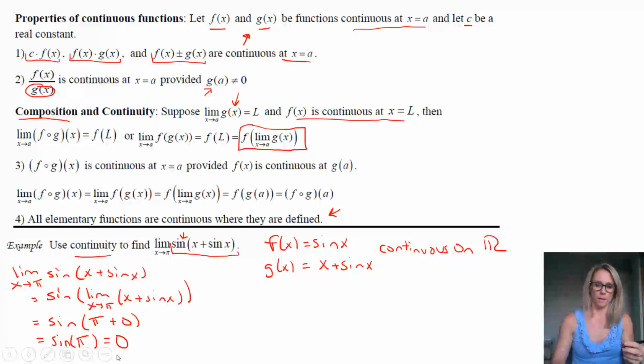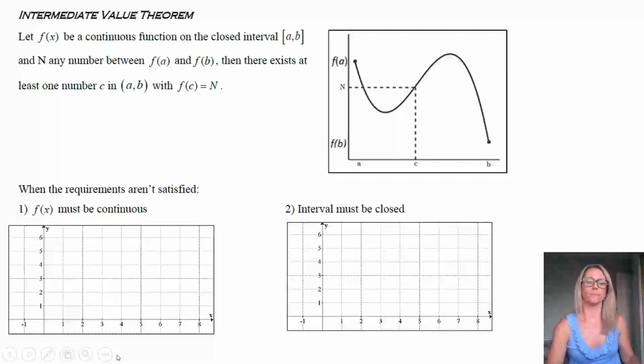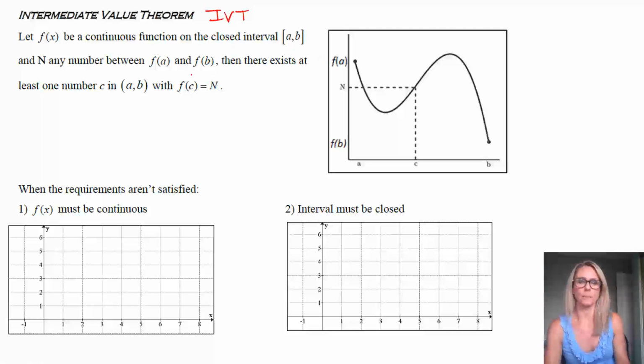So now I'm going to switch it up here at the end for this last little bit. We're going to talk about the intermediate value theorem. That is also at times called the IVT. So let's say we have a function on a closed interval a to b. So that's what we're seeing here. So we're on this interval from a to b. Okay. Now, we have any number n between f of a and f of b. So n is a y value, as you can see. It's a y value, anywhere between f of a and f of b.